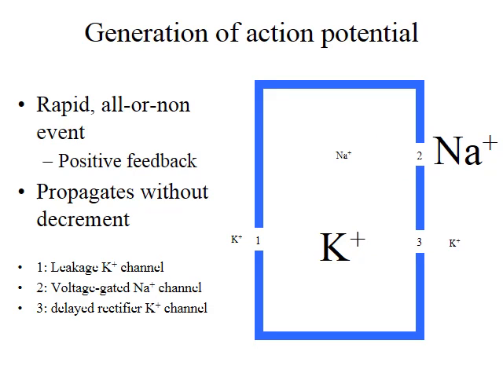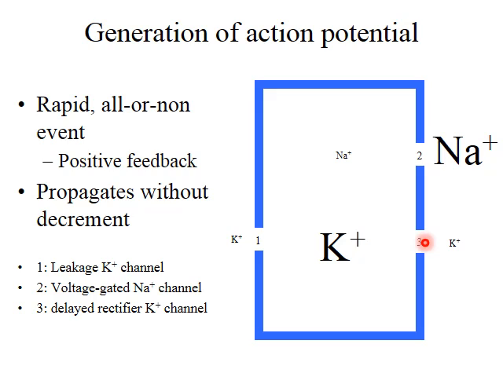So, how is the action potential generated? Well, we'll go back to our model cell here, and in this case, this cell will have three different types of ion channels in it. The first, this channel here, is a leakage potassium channel. This is a voltage-independent potassium channel that is open at all times. The second channel in the cell is a voltage-gated sodium channel here,